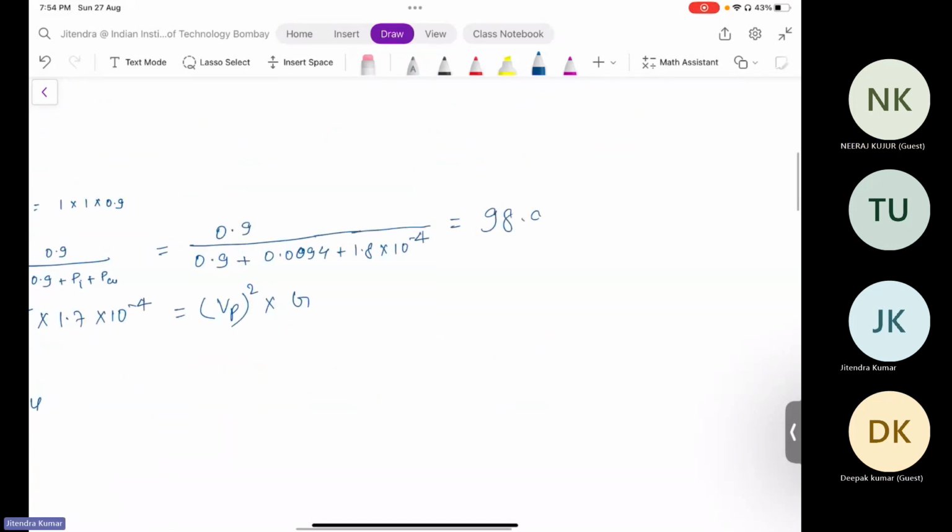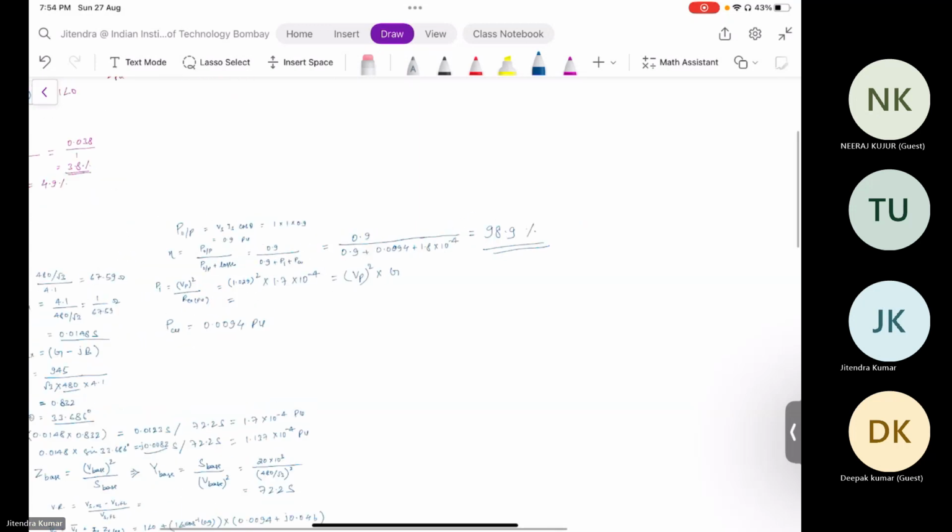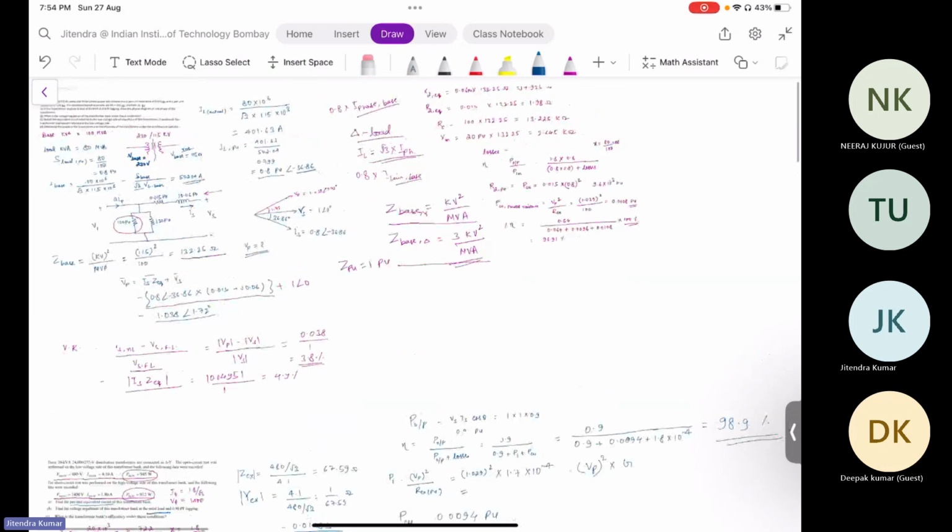98.9%. So it seems decent value. So this is the answer of the efficiency. Okay, so we have put a lot of effort. Actually, Neeraj has put a lot of effort in calculation, and he has also